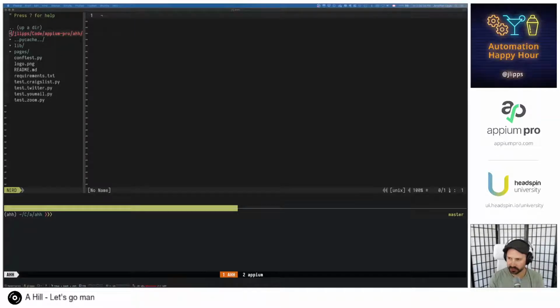Let's see, what did we do last week? Last week we did a little demo of Appium 2.0, something that I'm working on right now when I have some time. It was a fun demo. We were demoing the driver command line interface. Now I've moved on. I'm working on the plugin system. Appium 2.0 is going to have a plugin ecosystem where you could develop plugins for Appium, share them or sell them to other people, whatever you want to do, basically. So that's pretty exciting.